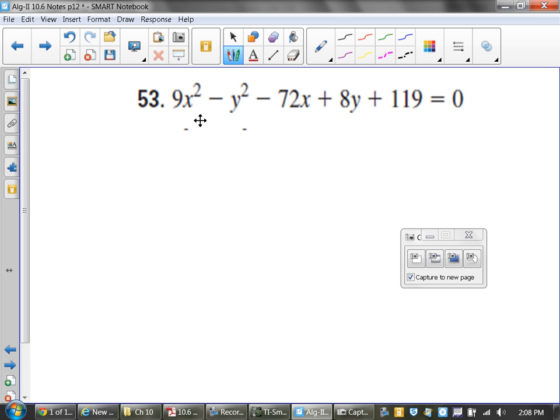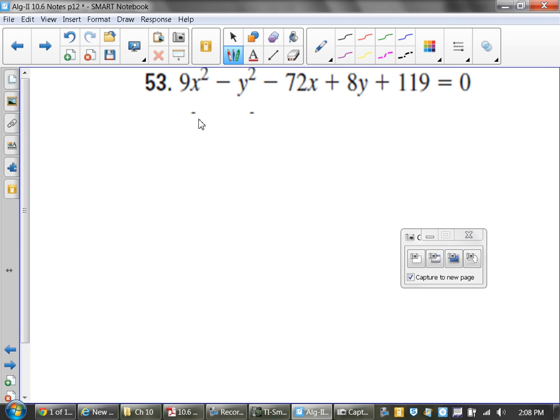Sorry. Anyway, now in this case, this is the one that takes the longest to work through. You could probably notice right away that you've got a minus sign between the x squared and the y squared. So that means it's going to wind up being a what? It's going to wind up being a hyperbola in this case. So again, the first thing you're going to want to do is move your x squared with the x, the y squared with the y, shift the constant over to the right-hand side. In doing that, we wind up with